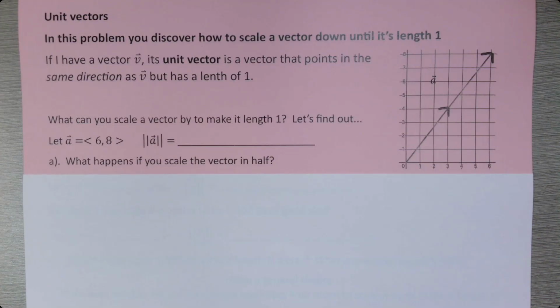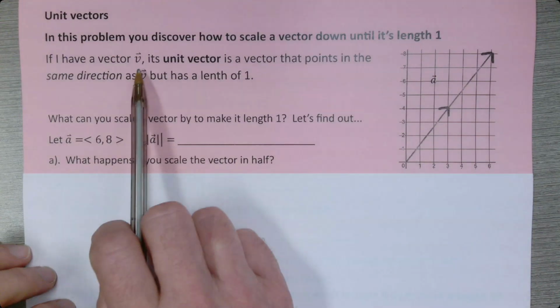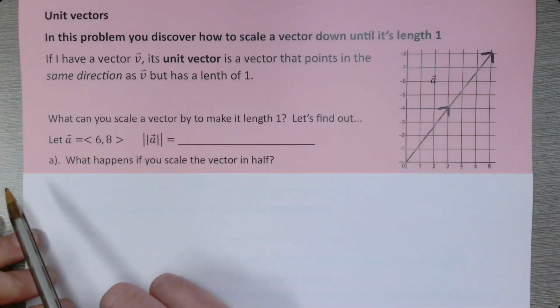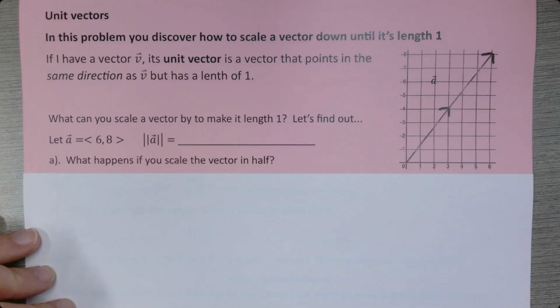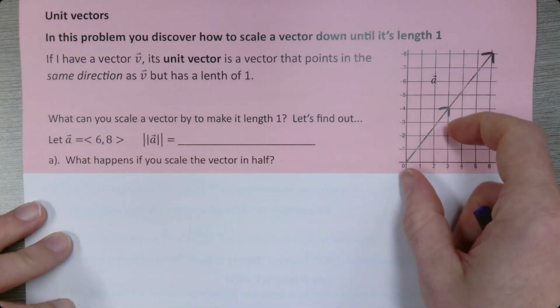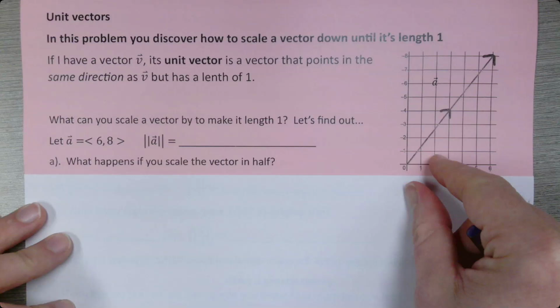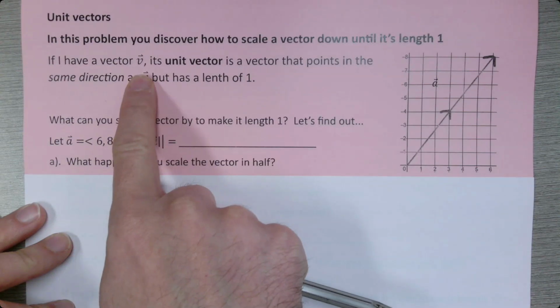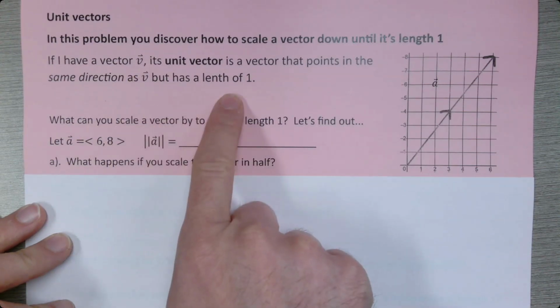Hi, everybody. A unit vector is a vector that points in the same direction as some vector, but has a length of 1. And this set of problems is about how you can find unit vectors. So we know that scaling a vector will change its length, but it won't change the direction. So if we want a vector that's the same direction, but has only unit length, a length of 1,